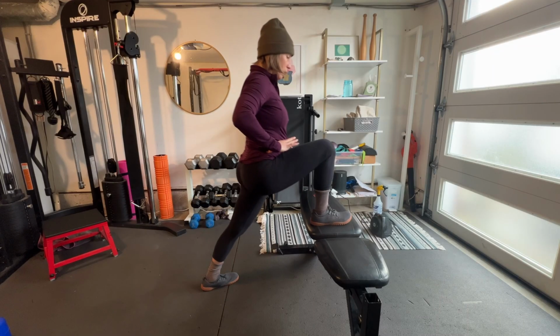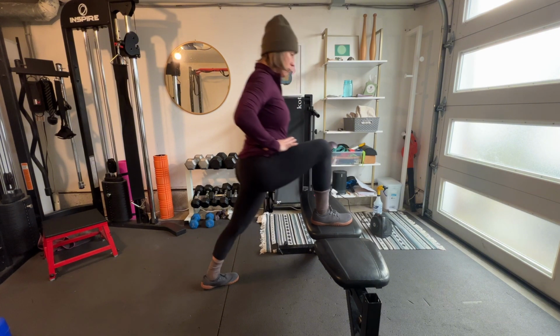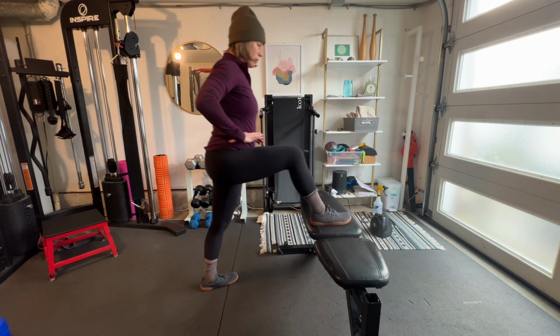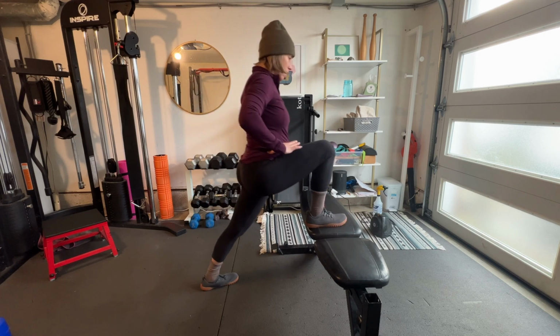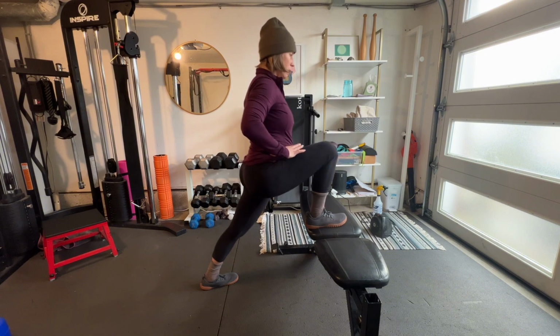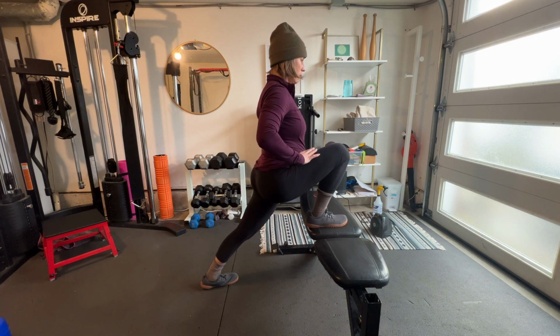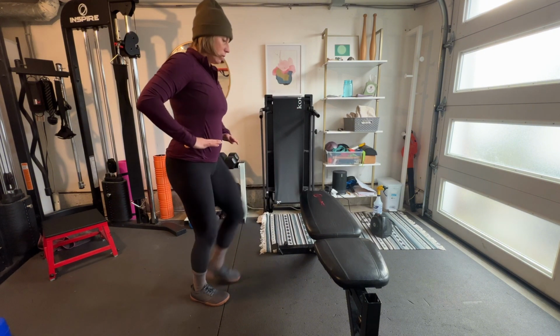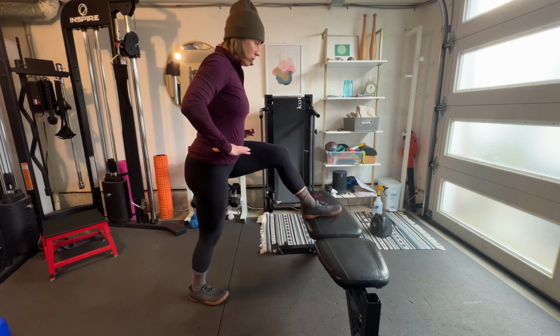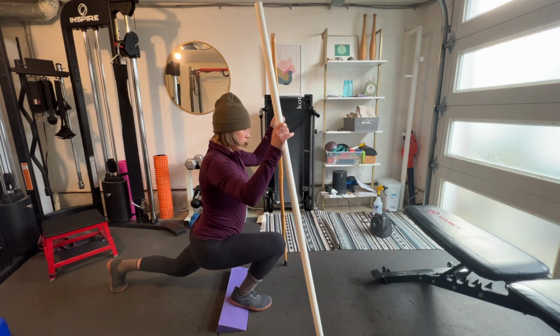And then you can start with this move, which is a high ATG split squat, which is going to have your foot on a bench or a chair. We're going to start to slowly help that knee move better and really flossing the knee in a way, just back and forth into that knee bend that's not putting a lot of weight on top of it. So not a lot of force. So this is a safer way to start if you do have knee pain. And then as you feel better with this, you can eventually go lower and lower and all the way down